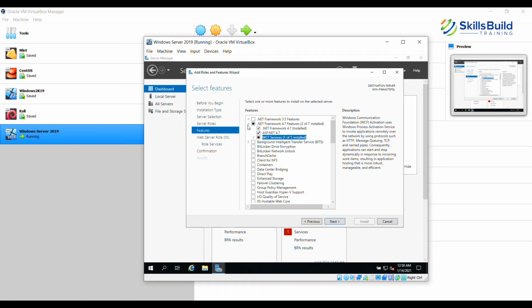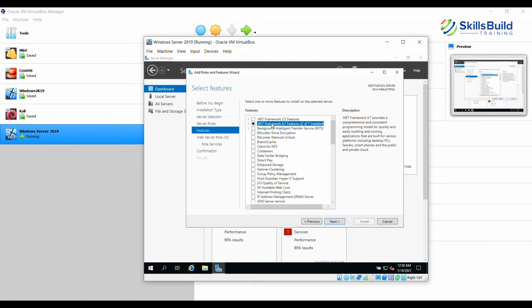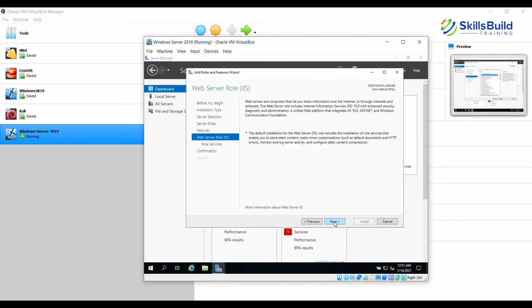If some applications do require .NET Framework 3.5 to be installed, and we need some of those applications on this particular server, we would need to have .NET Framework 3.5 installed. The rest of this I'm just going to leave as is and click next.